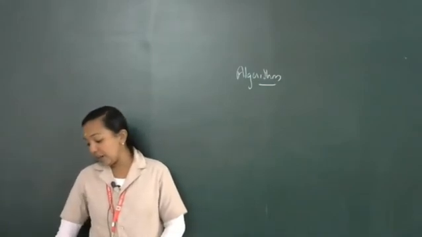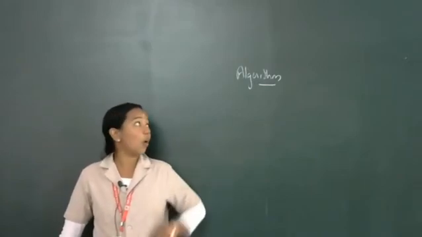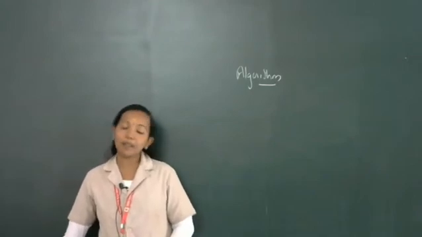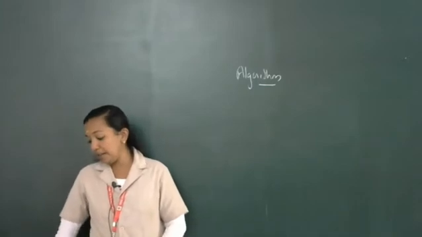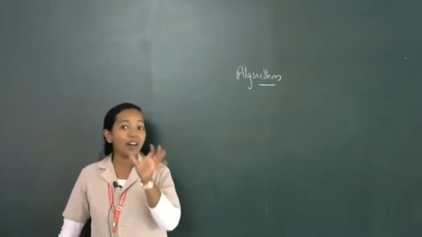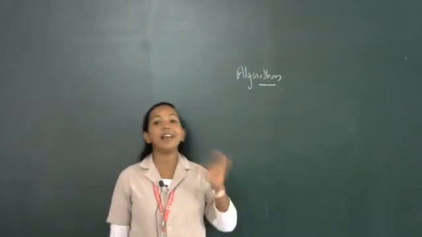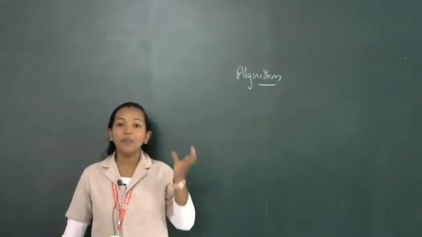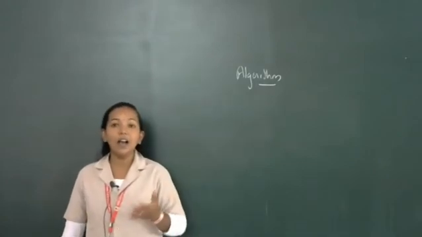Then, from where did we get this name called algorithm? There was an Arab mathematician. His name was Abu Ja'far Muhammad ibn Musa al-Khwarizmi. According to that Arab mathematician's name, it is termed algorithm. From his name, this term was introduced, that is called algorithm.